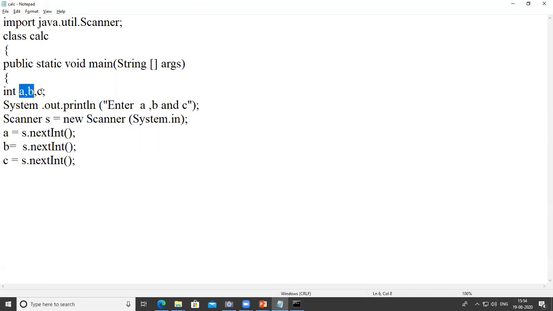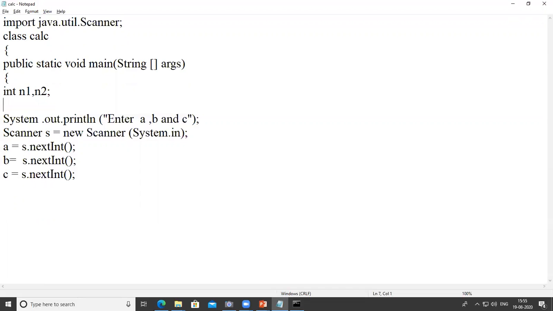Here n1 and n2 are two variables for performing the addition, subtraction, multiplication, and division, and we get the operator. So I write here operator.